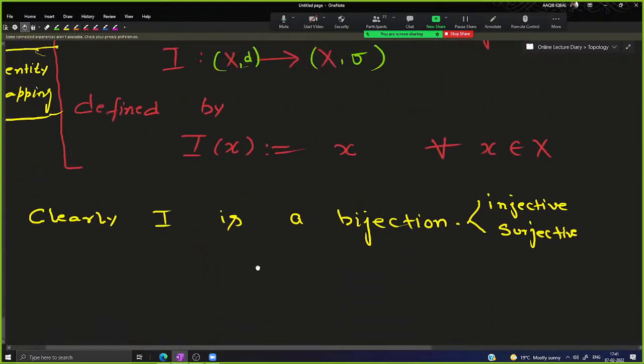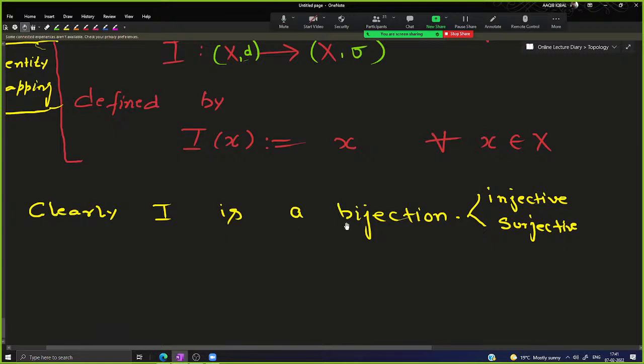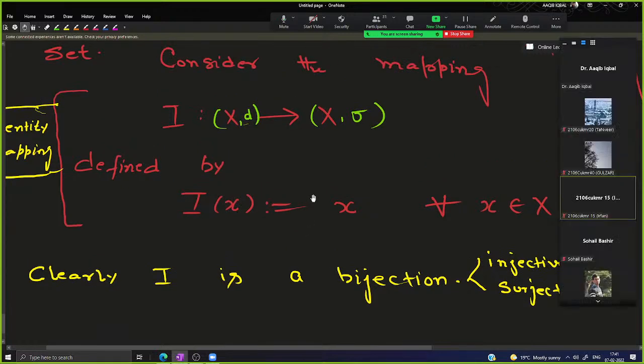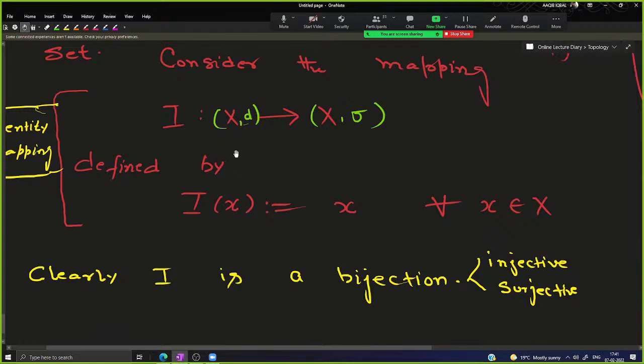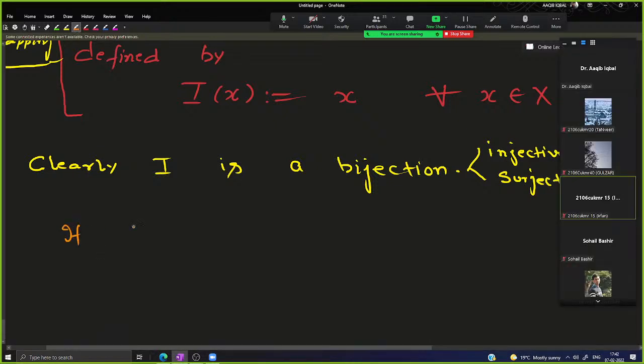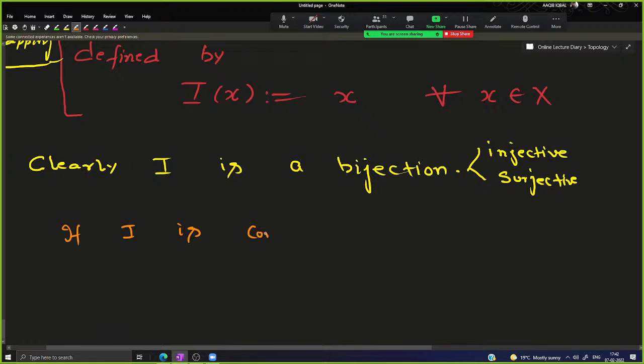ये तो मतलब this is true always irrespective of the choice of metrics. This fact that I is a bijection, this is always true. लेकिन continuity is not always the case. There are situations where this I is not continuous. Now if it turns to be continuous, if I is continuous, तो फिर क्या होगा? If I ask you, if I is continuous,